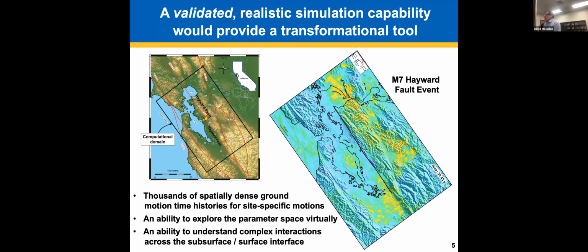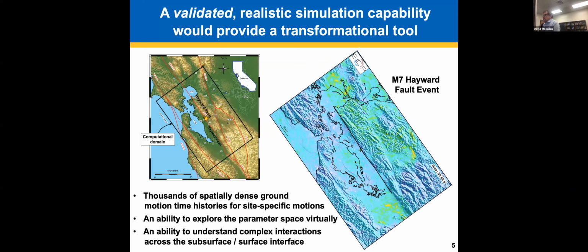Even when we do eventually get a major earthquake on the Hayward Fault, we measure those ground motions, that's only for one realization of rupture of that fault. So if that is, for example, a north to south rupture, it'll give us great data for a north to south rupture, but it may not give us much data for a south to north rupture, where the ground motions might be quite different.